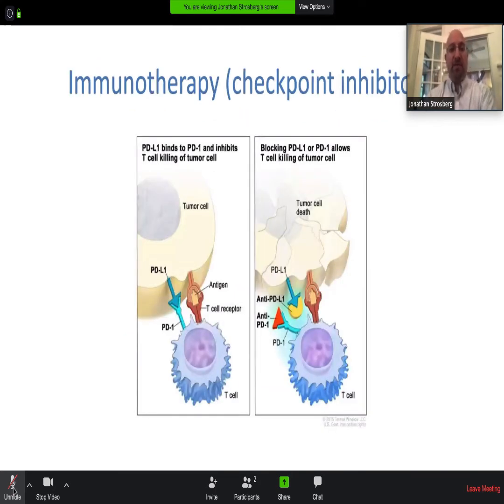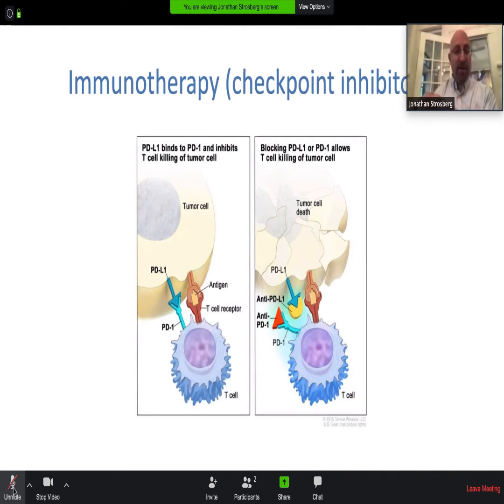So switching topics, immunotherapy is a category of treatment that has generated a lot of excitement in cancer. It basically stimulates the existing immune system, lymphocytes, to target cancer cells. You know, the cancer cells are smart. They can express certain ligands, which are proteins on a cell surface that block the action of T lymphocytes and prevent the T lymphocytes from targeting the cells. One of these ligands is called CTLA4, another is called PD-L1, and we have drugs that target both of these and basically block this negative interaction between the cancer cell and the lymphocyte,